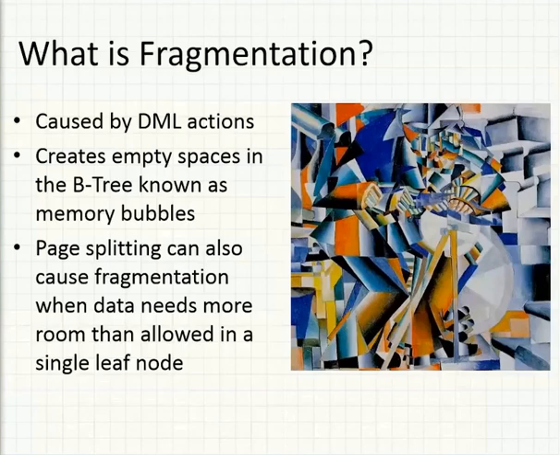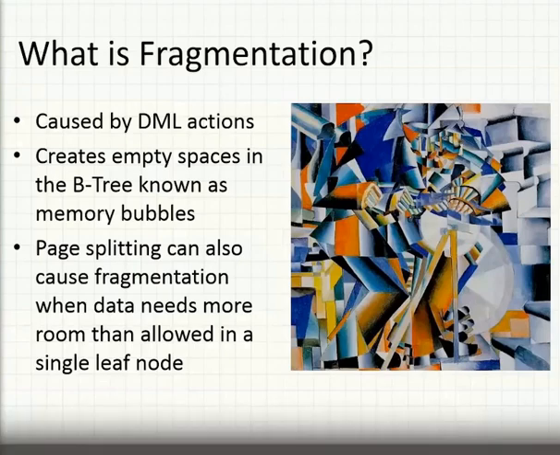However, data in a table doesn't always remain the same. Data gets moved, it gets shifted, it gets deleted, updated, and changed all the time. And when you make these changes, you end up creating empty spaces in the B tree, and these are known as memory bubbles. This is pretty much the same concept you have with working with a hard drive in a computer. Over time, when you're moving files, deleting, adding, removing, and doing all these different operations, your hard drive becomes